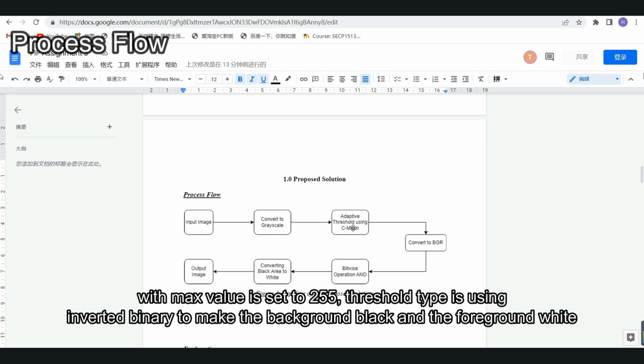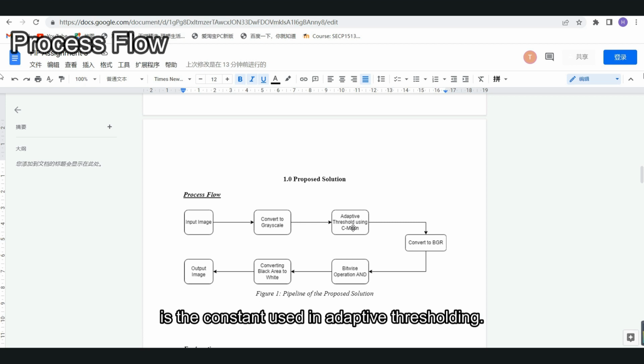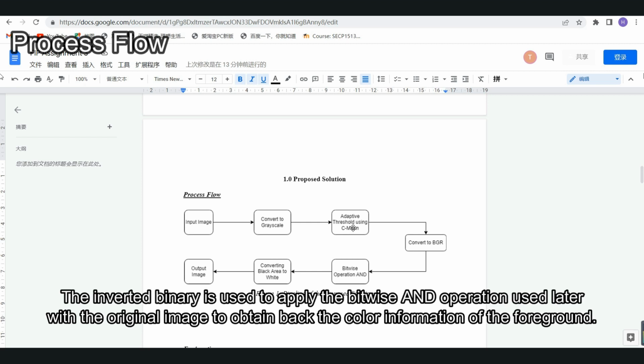The threshold type is inverted binary to make the background black and the foreground white, and some parameters are determined by the user, which are the size of the neighborhood used to calculate the threshold value, and the C value, which is a constant used in adaptive threshold. The inverted binary is